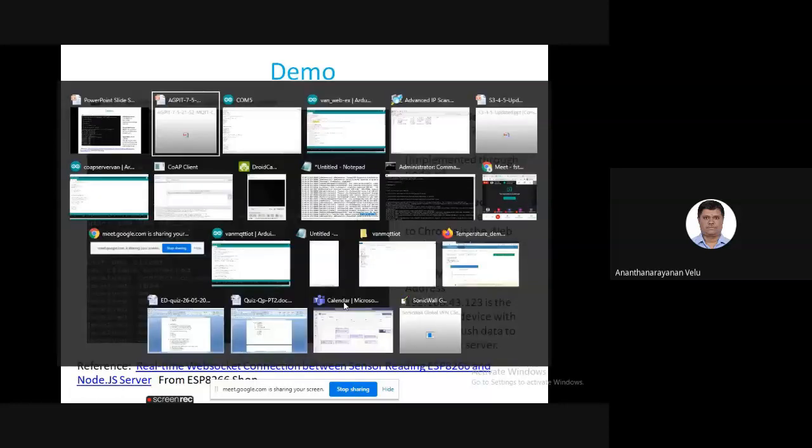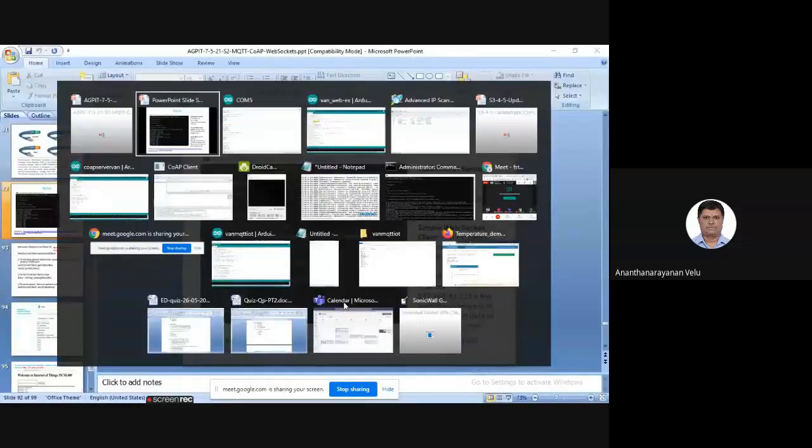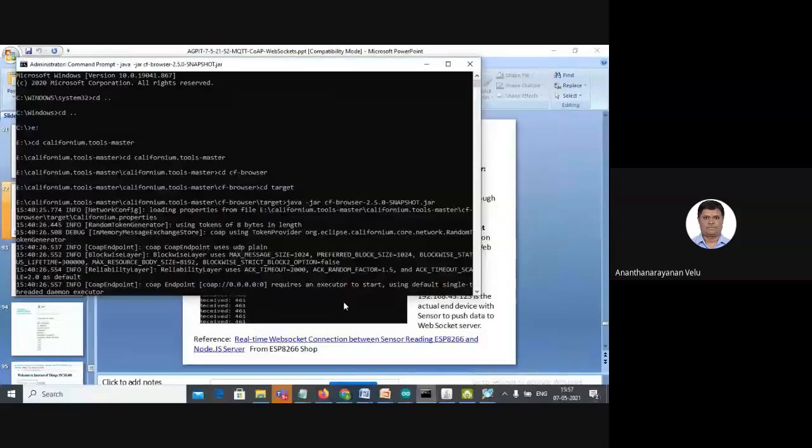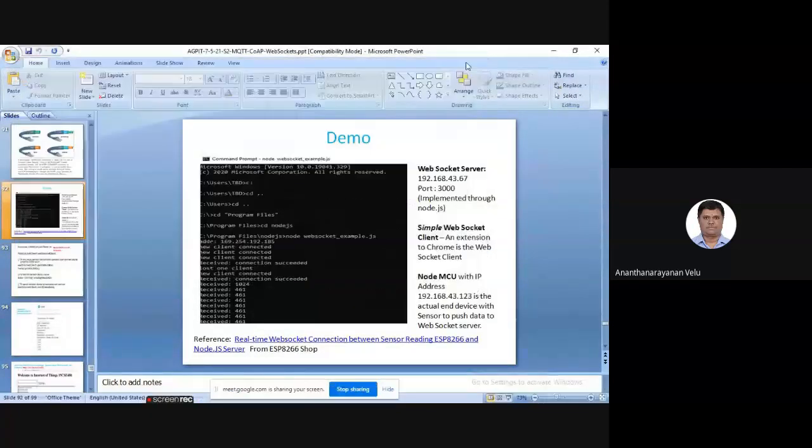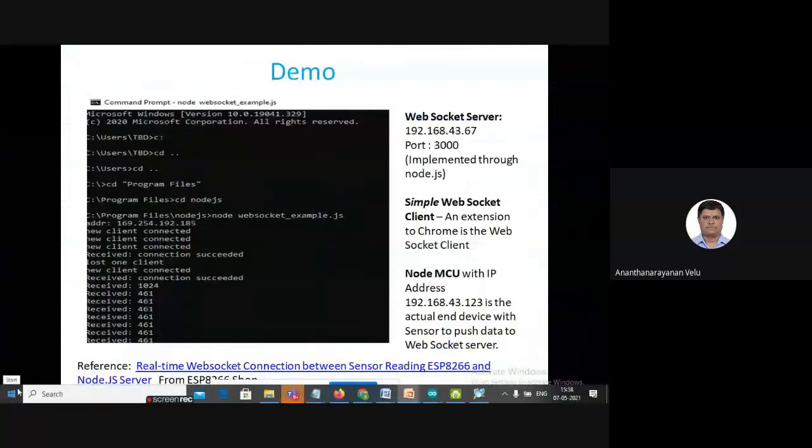Now I go to a command prompt. Previously, I have a command prompt in which the COAP client is running. So I will terminate that COAP client. Okay. So the COAP client gets terminated, and I wish to run the Node.js server.